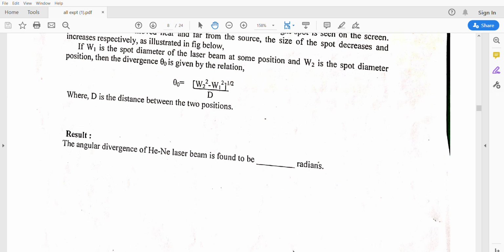We calculate theta naught in the first, second and third cases, and take the mean. Then we can calculate the angular divergence. From that, the angular divergence of the helium neon laser beam is found, in radians. We can understand this using a